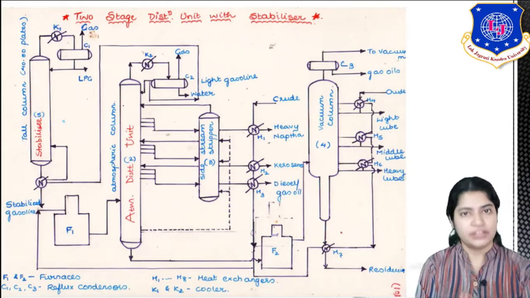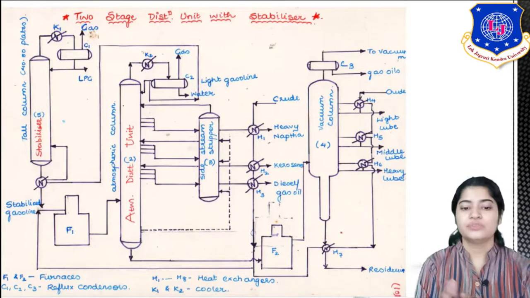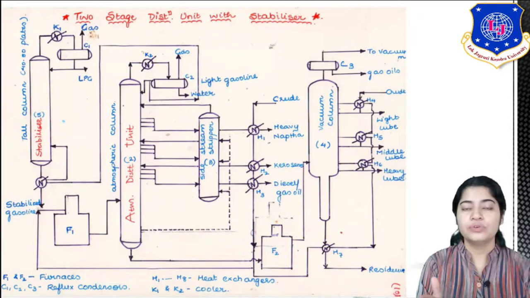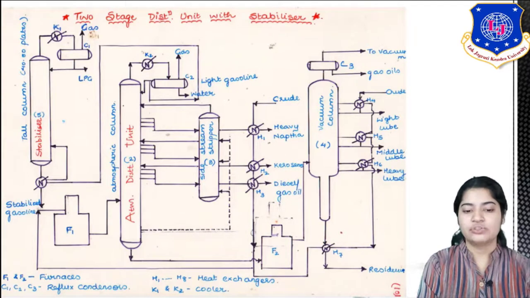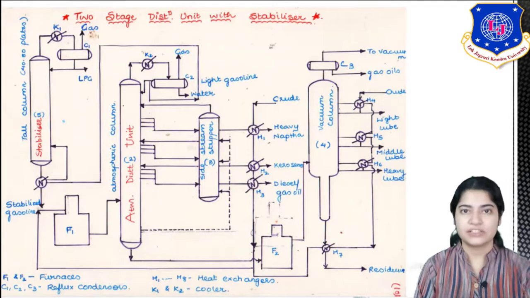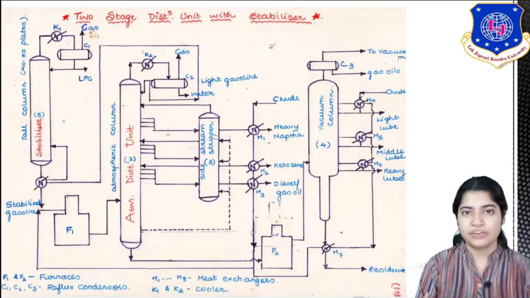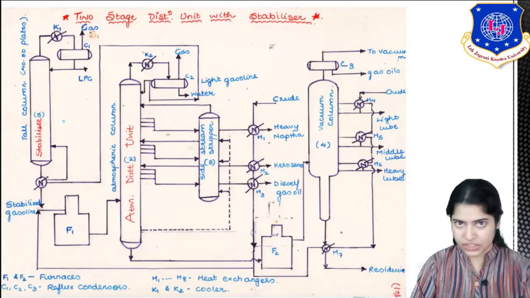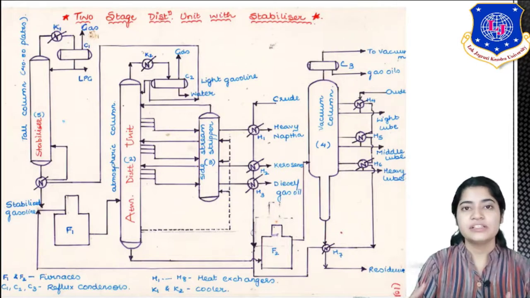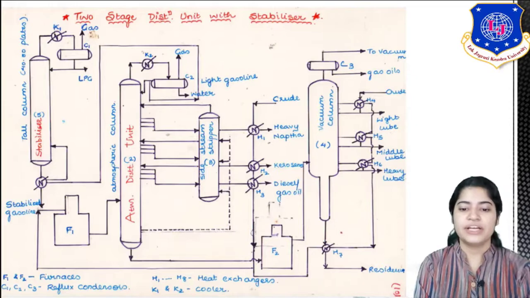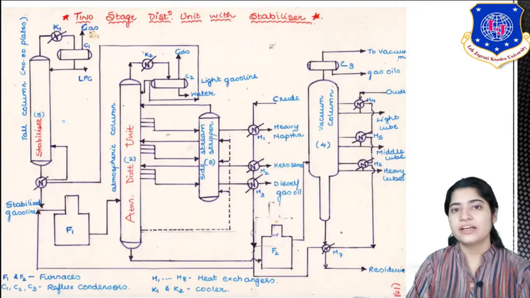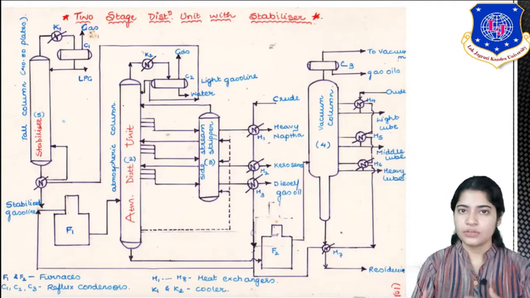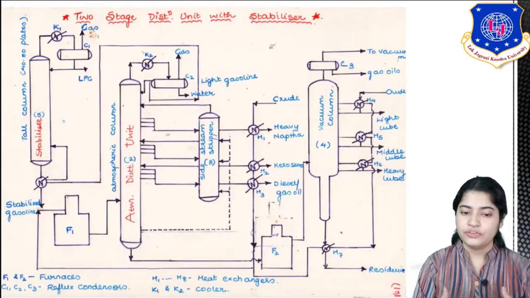So what kind of crude it is? It is desalted crude. What you are trying to do is exchange heat between various heat exchangers. So what are those? H1, H2, H3. Those are the heat exchangers. What is it trying to do? Exchange heat between this desalted crude and the fractions obtained from ADU and VDU. Similarly H4, H5, H6, again those are heat exchangers. So it is a systematic arrangement of heat exchangers to exchange the heat between crude and your various fractions.